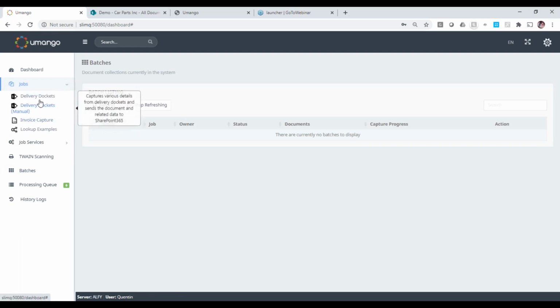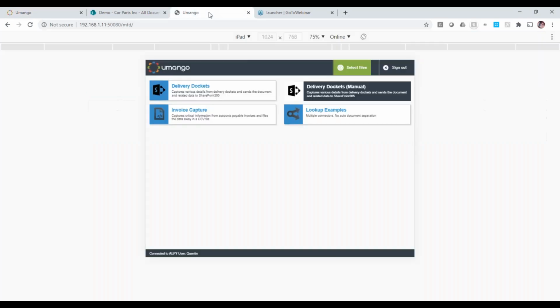little bit involved. So I have a copy of that job here. You can see I've very creatively called it manual, meaning that this is a manual version of it. So it won't automatically process. We're going to get a user involved. So let's see what that job might look like if it was set to manual and processed on the panel